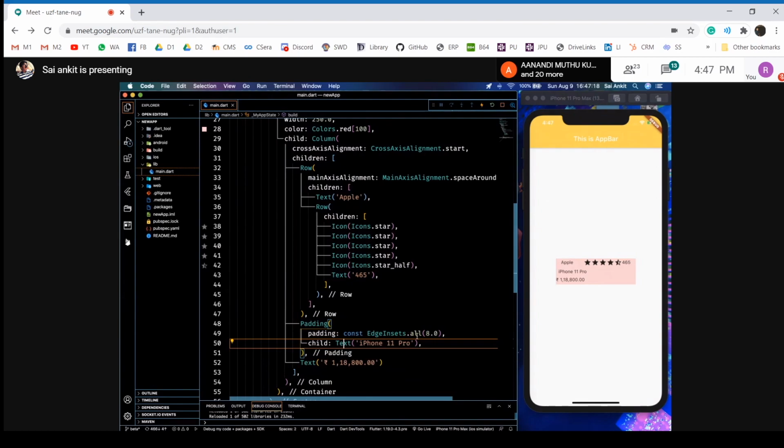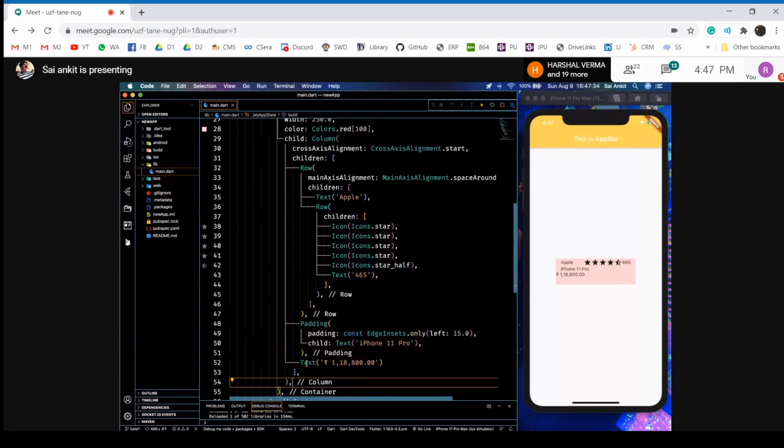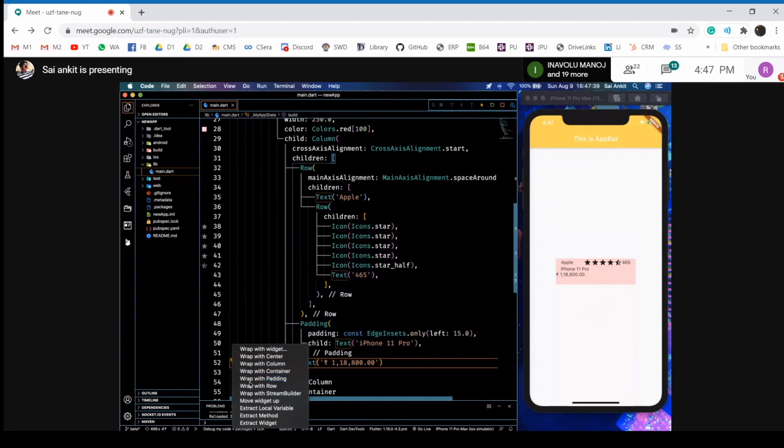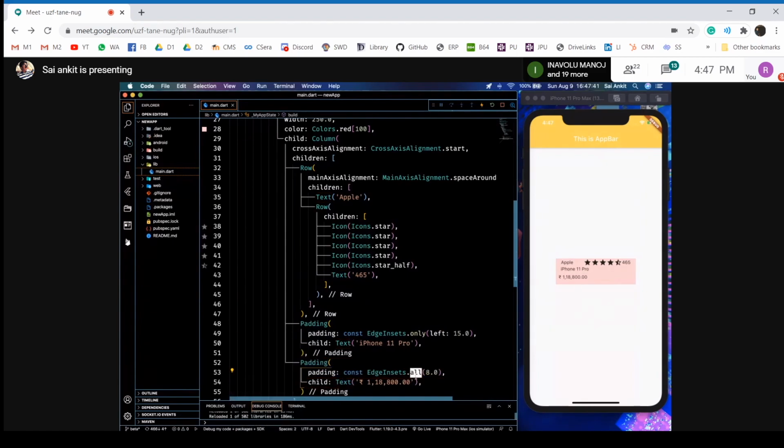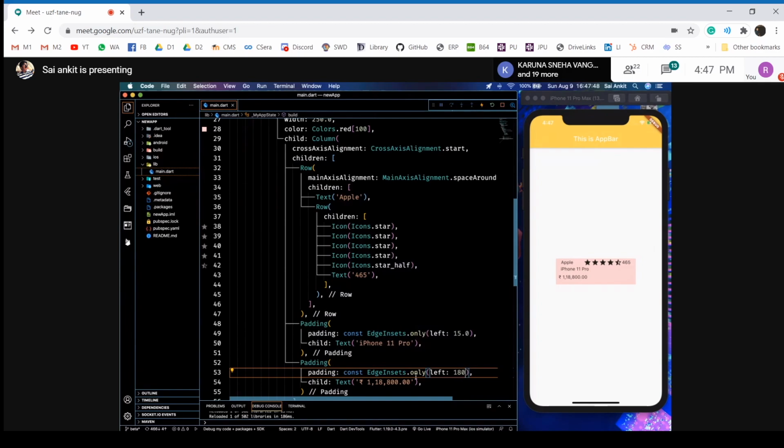And then, as I've said, you have to use EdgeInsets.only, and then remove the rest. I want the left side to be maybe 10 units. It's not yet aligned with Apple. Yeah, 15 units is perfect. Again, I hover on this 1,18,000 and wrap it with padding, EdgeInsets.only, left to be 15.0.